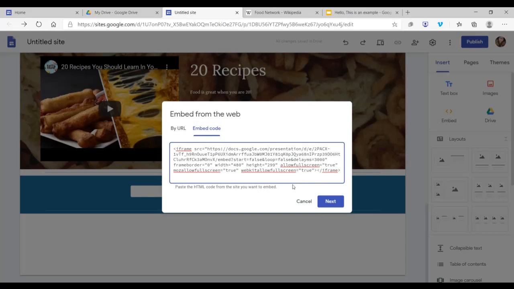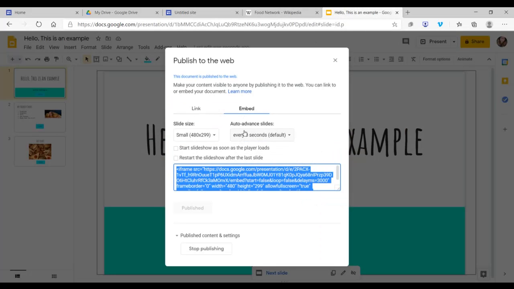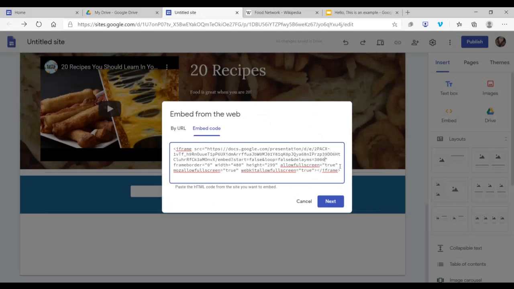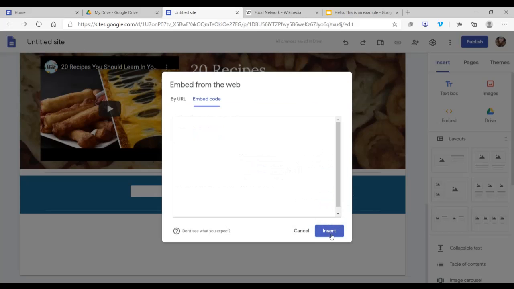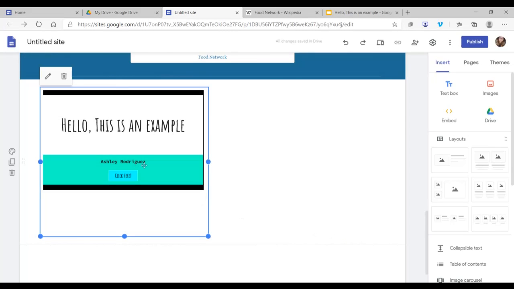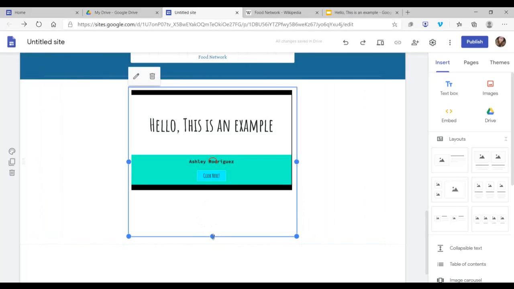and now so that I can take that bar off from the bottom, I'm going to go ahead and go before the width and frame border option, go into this false and loop, false and delays option, and after this number 3000, which is equivalent to the number of seconds that I chose from before, since I chose every 3 seconds, that's why the 3000 is there. I'm going to go in here inside the quotations and add rm equals minimal. Once I have done that, I'm going to press next, insert, and now I have my slide without